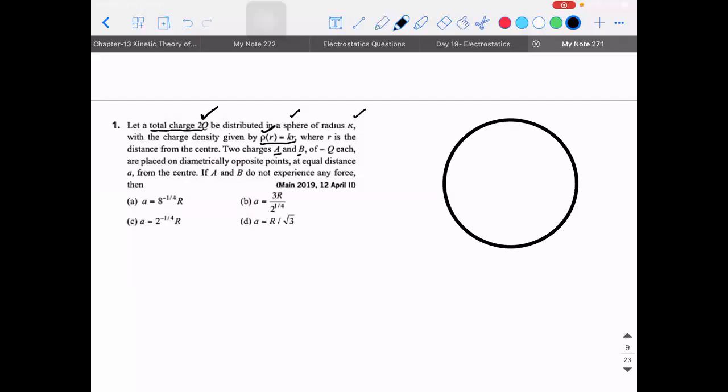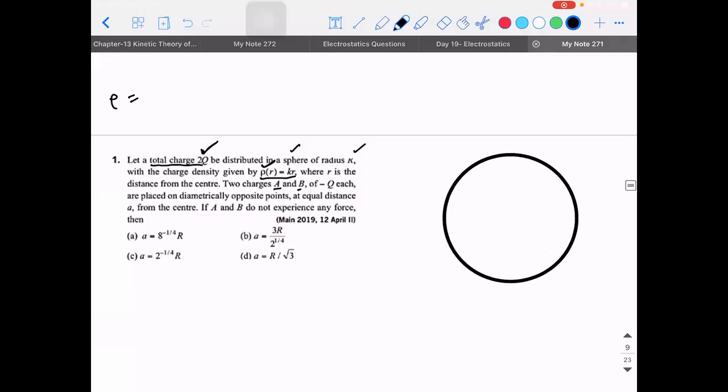So when you talk about the volume density, it is the amount of charge per unit volume, dq by dv. When they have given you the total charge, is it possible for us to calculate the value of total charge from this differential equation? Yes. Can I call this dq is equal to rho into dv? Right? Then what am I supposed to do to calculate the total charge? I need to integrate, right?